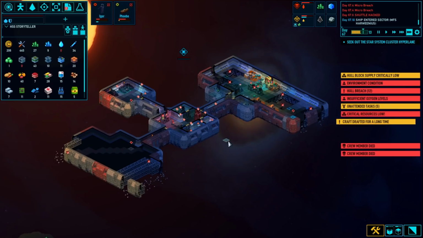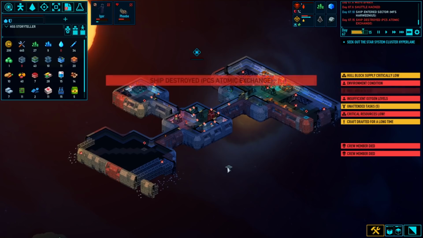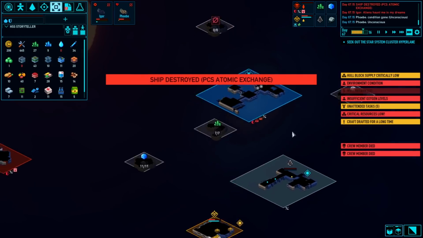So next time, start with 2 builders, for sure. We'll bring back this squad. I like Igor, Phoebe, and Randy, and Cassandra. We'll bring them back. We'll start with 2 builders this time, because that was a massive mistake. Having only 1 person and trying to build a large ship was...